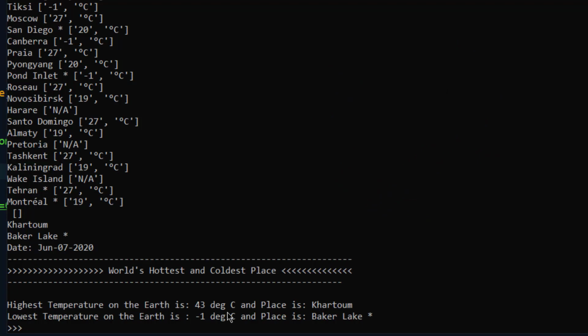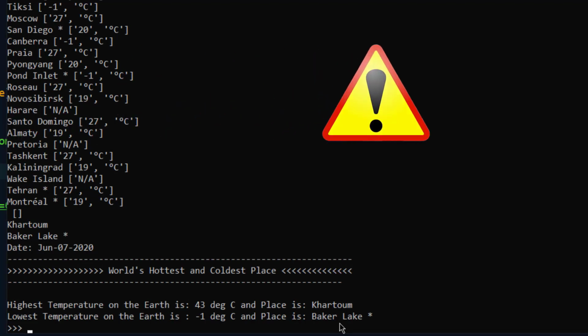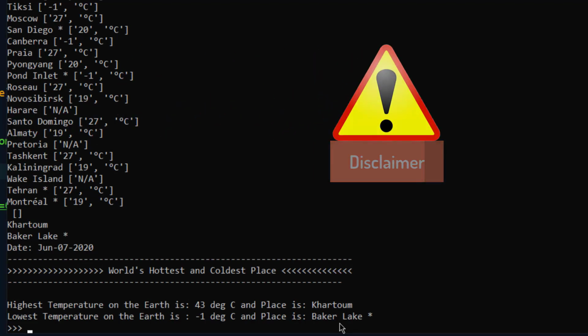So according to them, the highest temperature on the earth is 43 degrees Celsius and the place name is Khartoum, and the lowest on the earth is -1 degree Celsius. The place name is Bakar Lake. This information could be partially correct or wrong. I'm not claiming it at all.